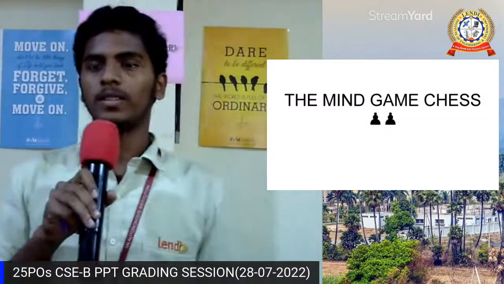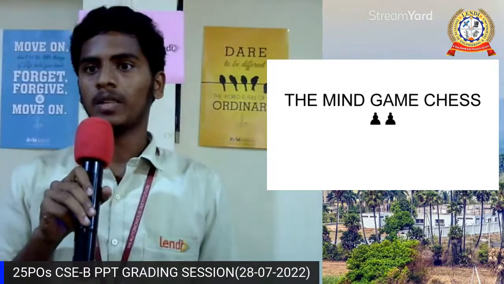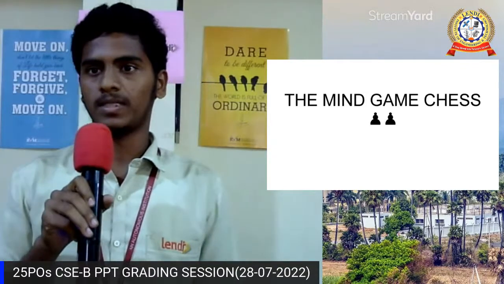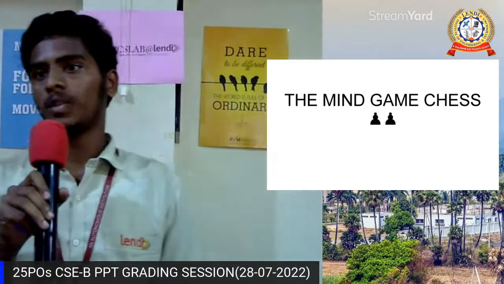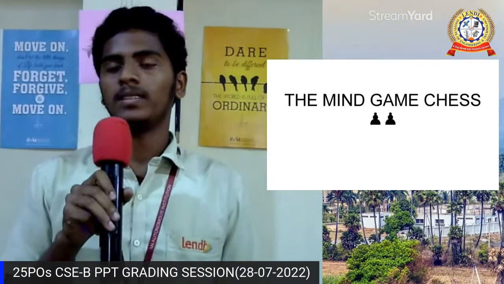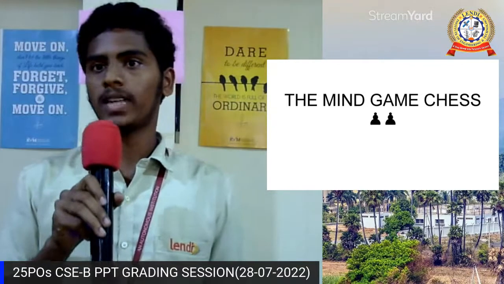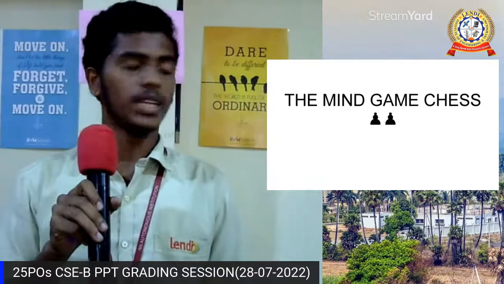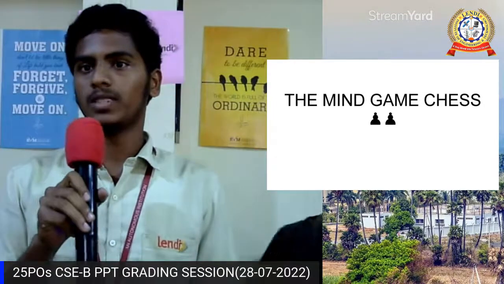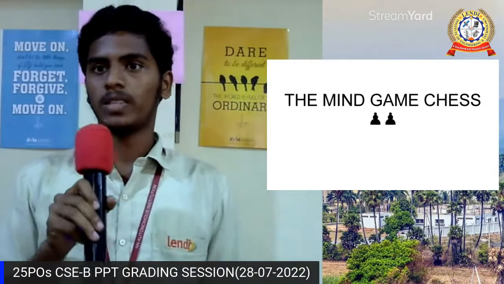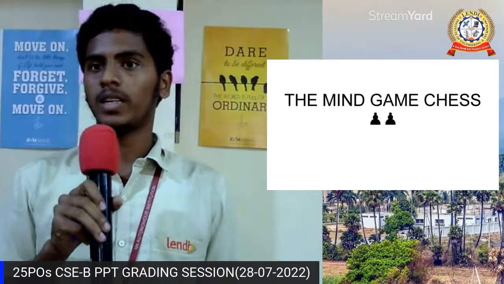Good evening to everyone. My name is Jitendra. I am explaining the PPT about the mind game, chess. Chess is a two-player strategy board game. The chessboard has 64 squares, an 8 by 8 grid. The main objective of chess is to checkmate the opponent's king, whereas the opponent can win